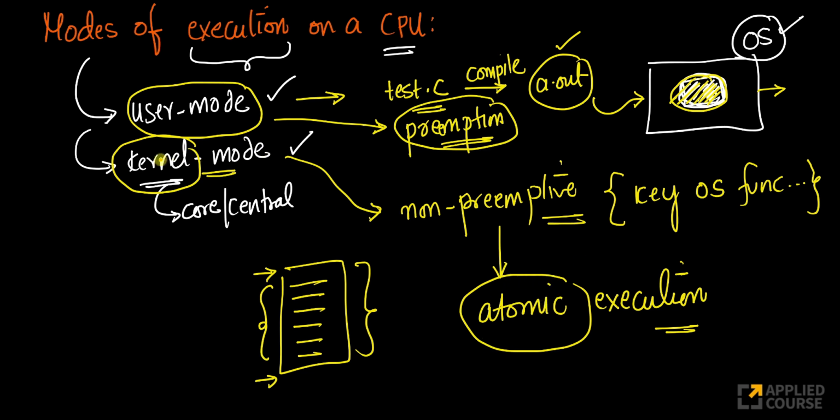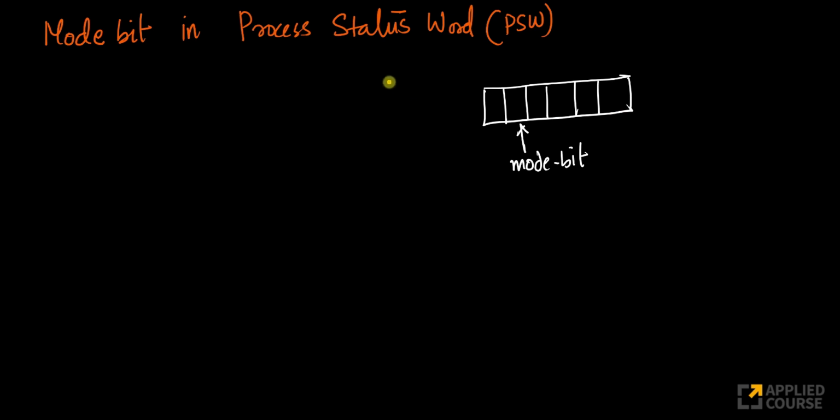So whenever you're in kernel mode, you always execute in atomic fashion because that code cannot be preempted. In the user mode, you can preempt left and right. So now let's see how the operating system itself does this. So for every program or process,